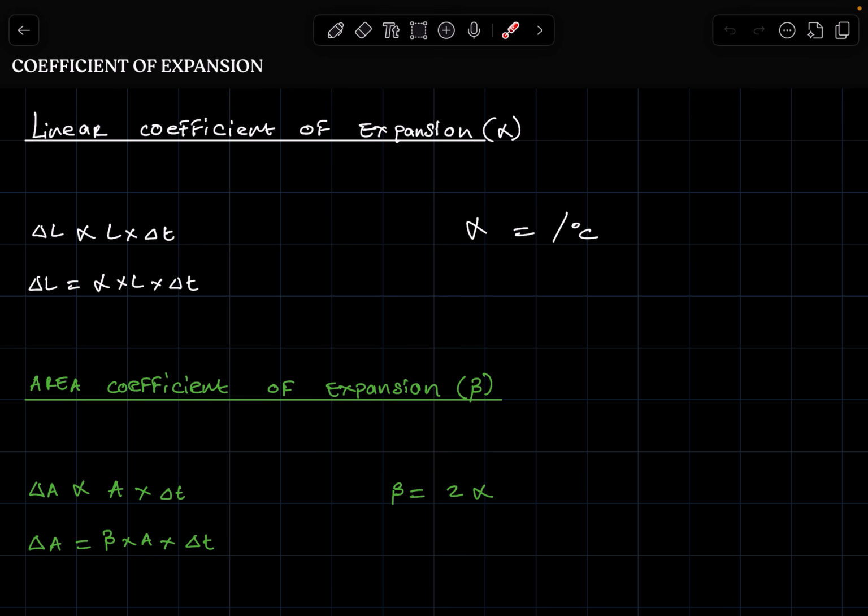Now, for elements where heat is being gained, they tend to expand. So elements that gain heat energy tend to expand, and elements that lose heat energy tend to contract. Now, that is important because it influences how we look at the change in temperature. So whenever we need to calculate the change in temperature,